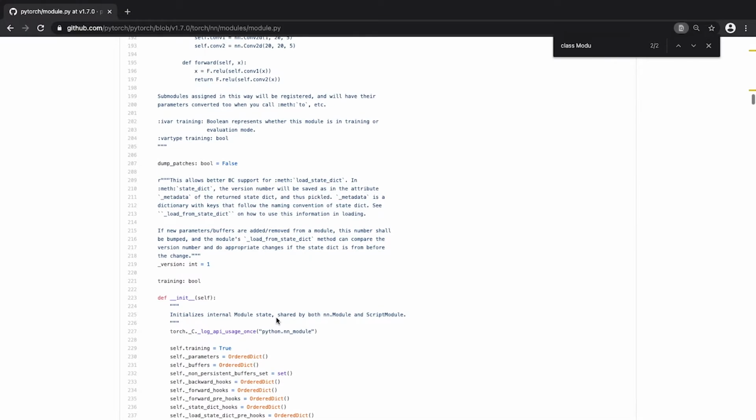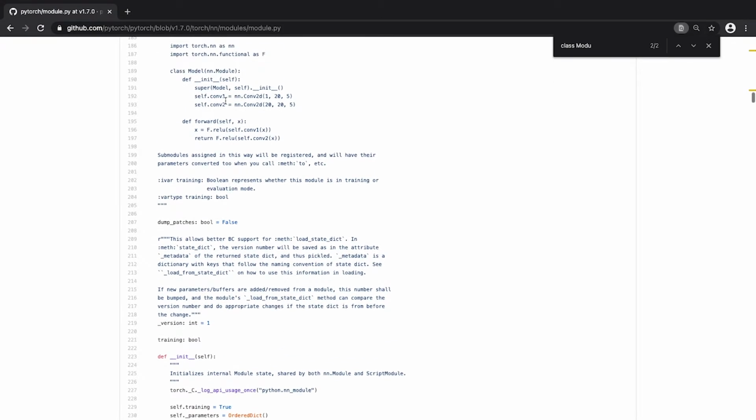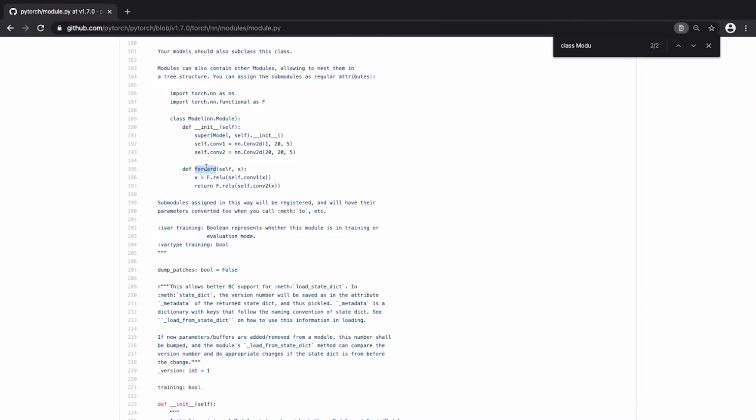So just keep it in mind, and let me go back to the example and point out one important thing. And that is that whenever you are using this neural network, you're not supposed to call the forward method directly, and instead you're supposed to use the dunder call method, or just call the class.